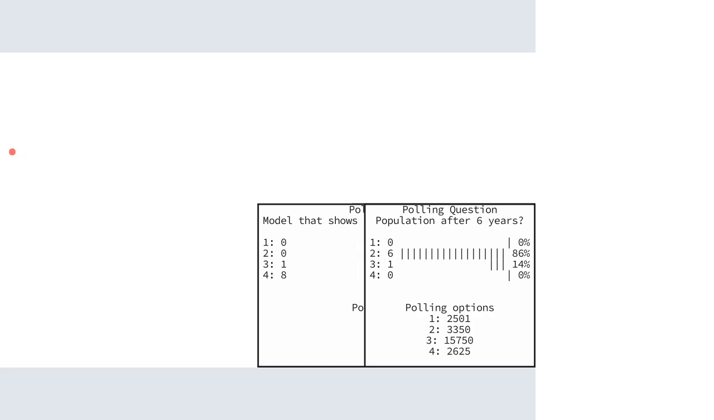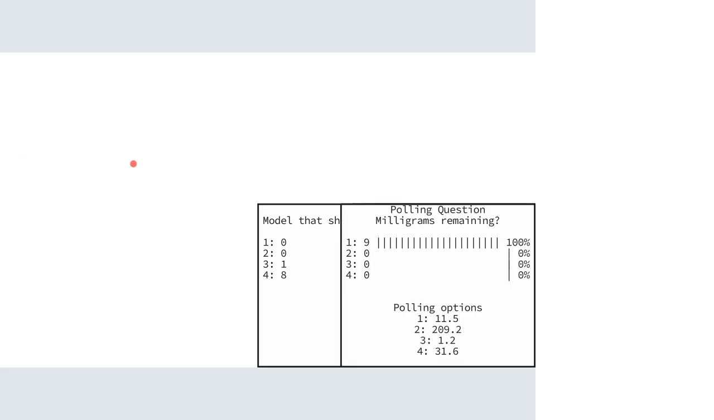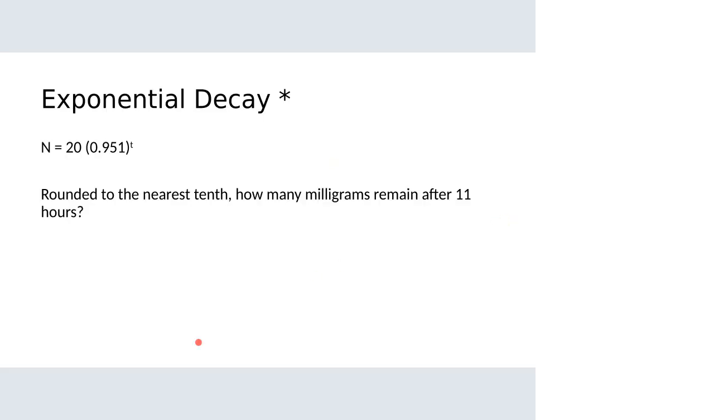Let's see where we are. Unanimous. Outstanding. That's great news. Okay, good. So we're very comfortable evaluating a function involving an exponential model. So here we have the amount that remains after 11 hours will be 20 times 0.951 raised to the 11th power. Order of operations, we've got to do that exponent first, which will be